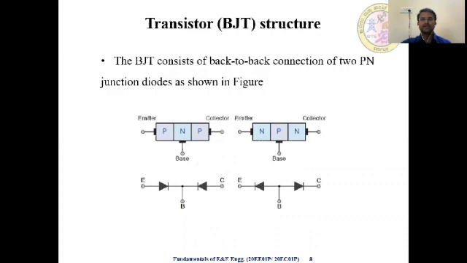So it is a three-terminal device, the transistor or a bipolar junction transistor. As the name indicates, it has bipolar, meaning both the holes and the electrons act as charge carriers here. Hence the name bipolar junction transistor. It consists of two PN junction diodes as shown in the figure. In the first figure, you can see a PNP transistor where it can be overviewed as two PN junction diodes connected back to back, and NPN transistor. Here the direction will be just opposite to that of a PNP transistor. So it can be overviewed as two PN junction diodes.